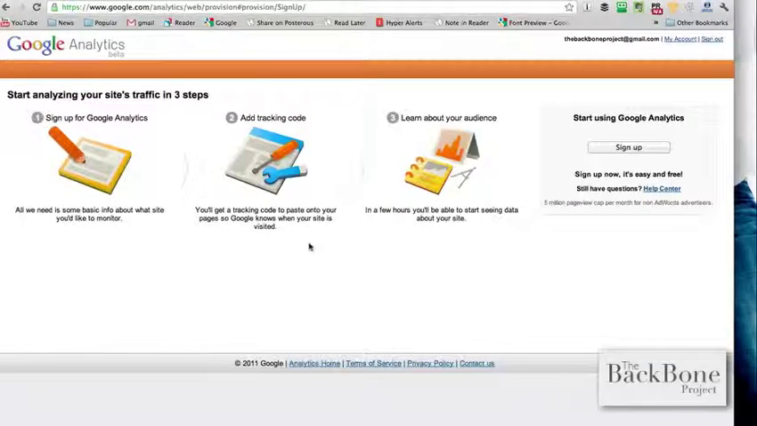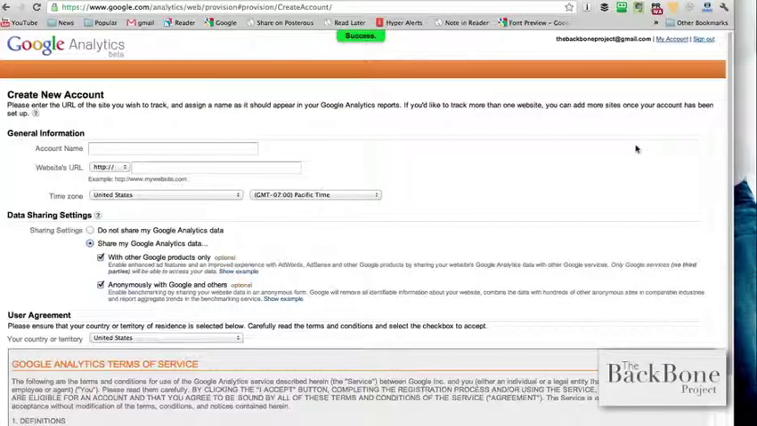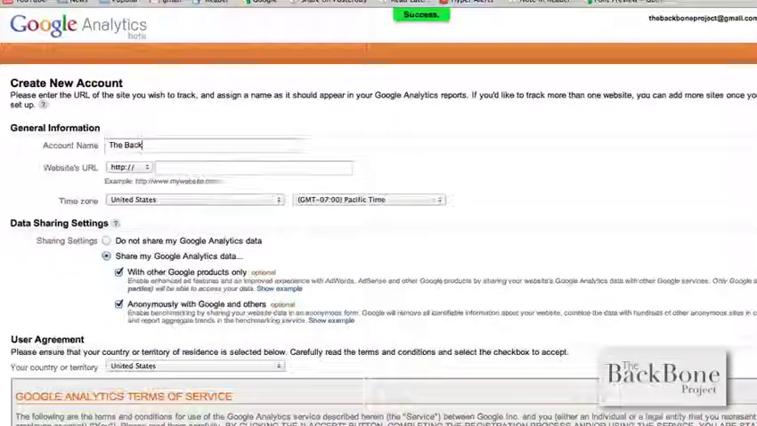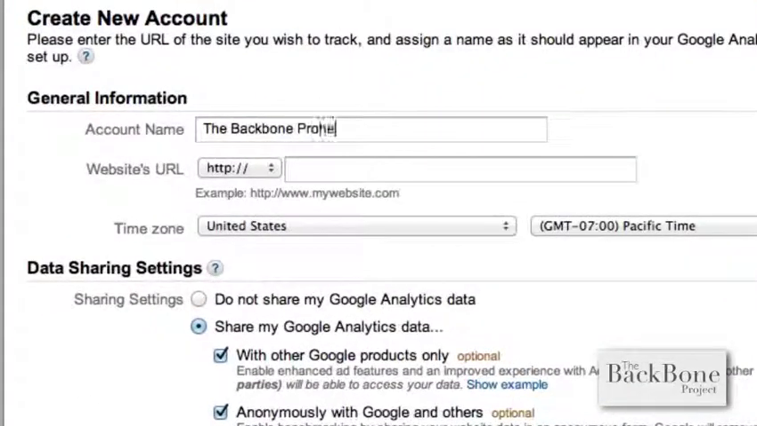Okay, so it's loading up. Okay, so it's saying we want to sign up, then add, and then we learn about our audience. So we're just going to say sign up. And give your account a name. So your account could be the Backbone project. It could be whatever you decide to call it. And then give it the URL of your website. So this is really important. So I'm going to give it, as an example, the Backbone project